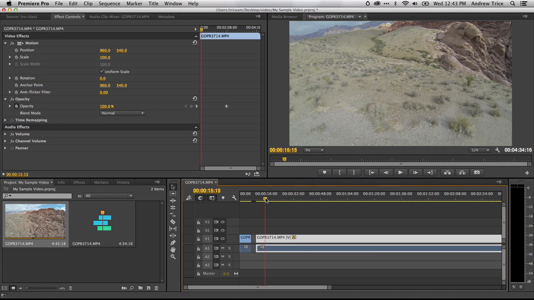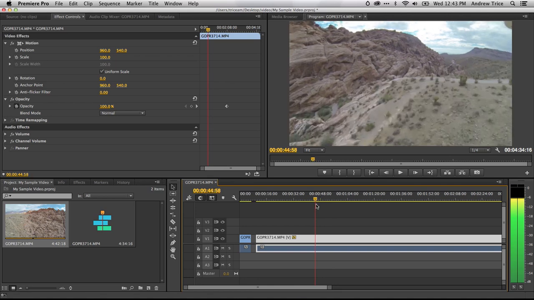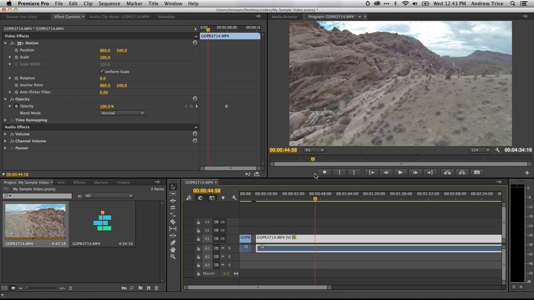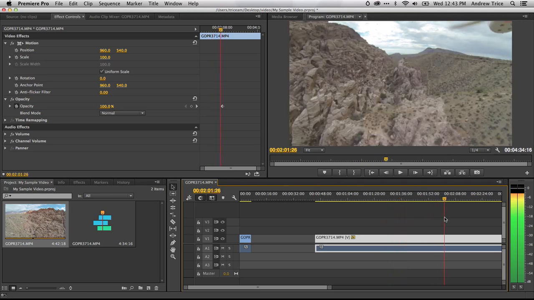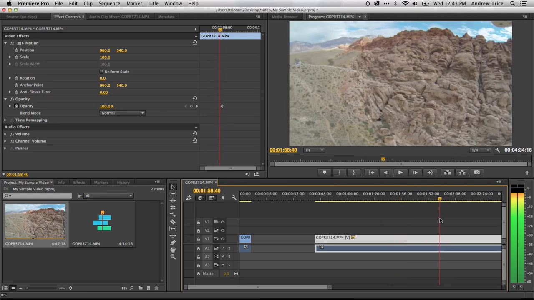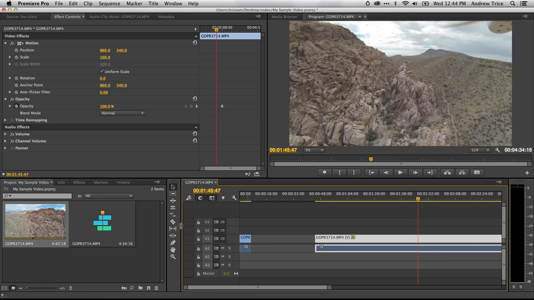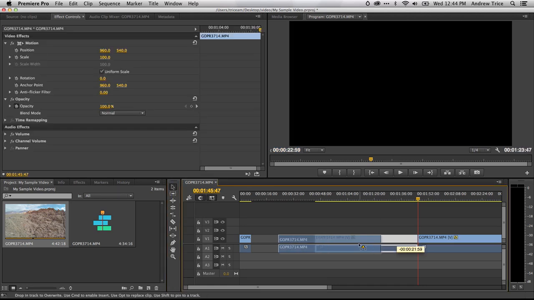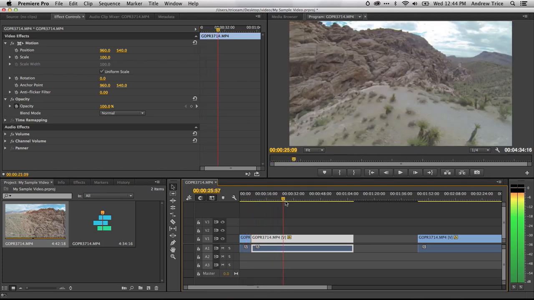Now let's go ahead and find some interesting pieces for the video. Let's say I want to start playback right here where I'm over the ridge, and I want it to play all the way down till I get into the valley here. Oh, but before I make the turn and come back. So let's say right there, that's a good spot. And I'm going to go ahead and slice it again. And I'm going to go back to the selection tool, and with the selection tool I can drag it and align it so that I have the takeoff sequence that goes into the first flying sequence,